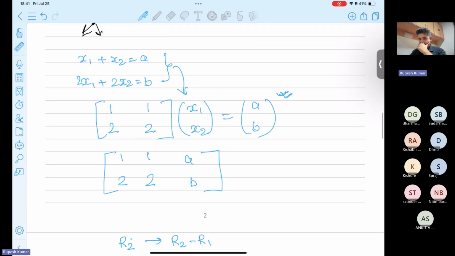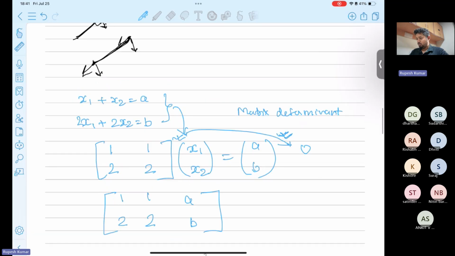And you will see in next week's sessions, where you will learn about matrix inverses, right? That depends on the matrix determinant, and you will see that the determinant of this matrix will be 0. Thus, no single solution exists for this system of equations. Fine, everyone. Do you have any doubts?